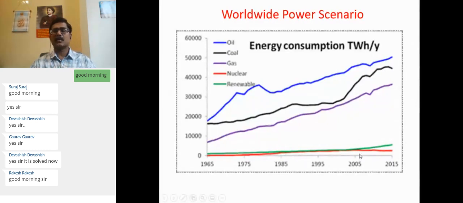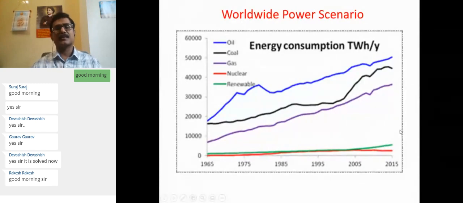But from 2005 onwards, we can see the graph for the renewable one, that is green, deviating from this red one. This red almost remained constant, but there has been a slow and steady increase in the usage of renewable energy, isn't it? So this pattern is definitely the optimistic, helpful one, and we can hope that this particular trend for the renewable will be moving in the upward direction